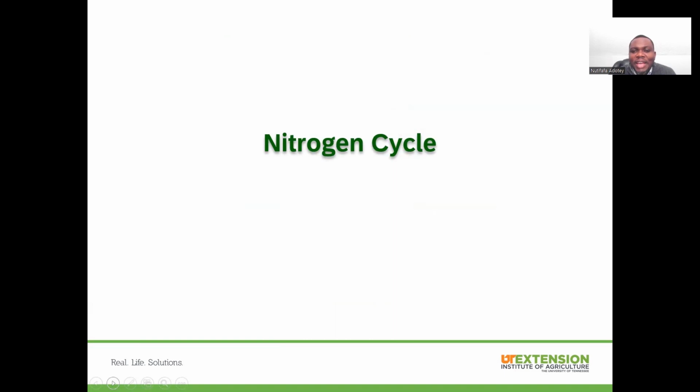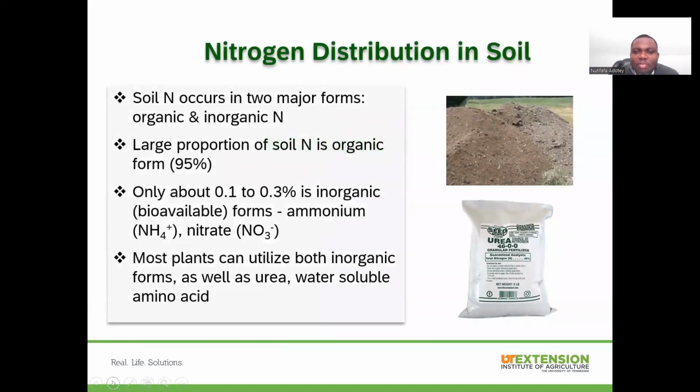So we'll start with the nitrogen cycle. But before I get into the cycle, we just want to talk a little bit about nitrogen distribution in the soil. Nitrogen occurs in two major forms in the soil. It could be organic or inorganic, and usually the organic forms are not readily available, and they constitute a larger portion of the soil nitrogen, about 95%. Only about 0.1 to 0.3% is available in the